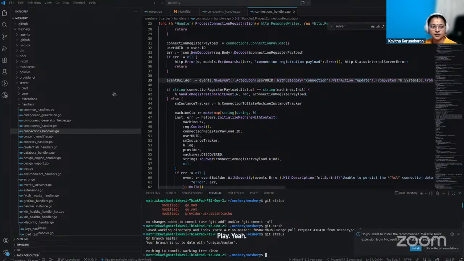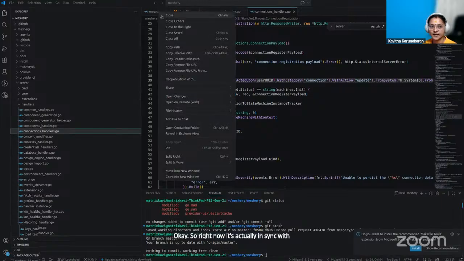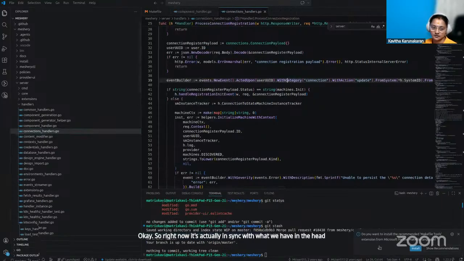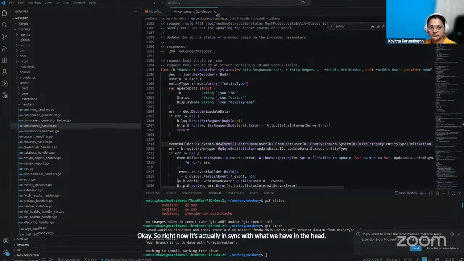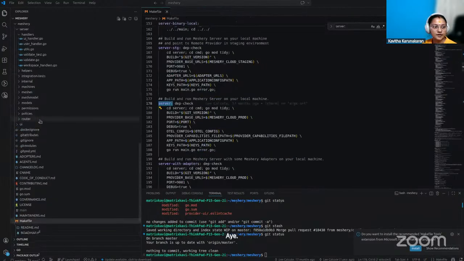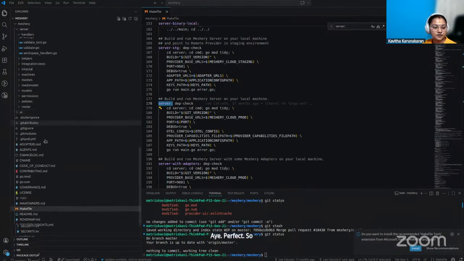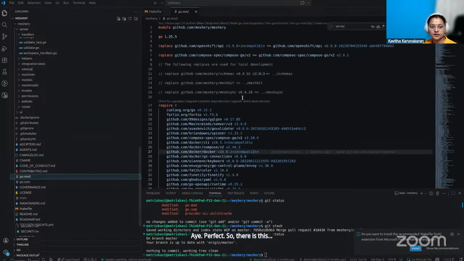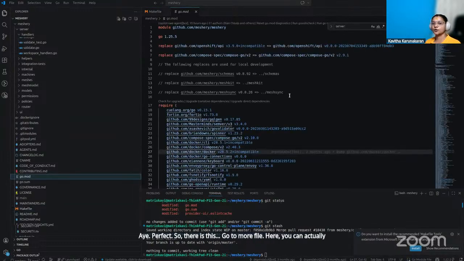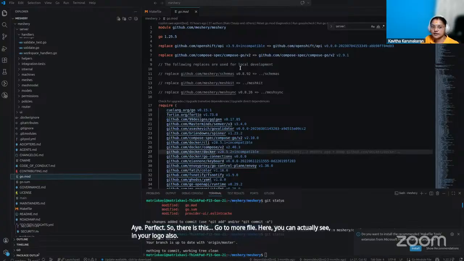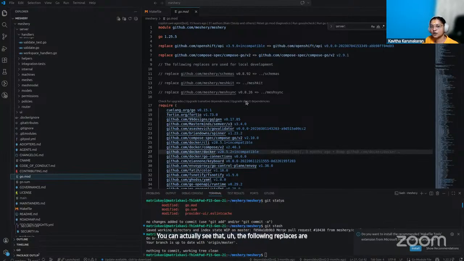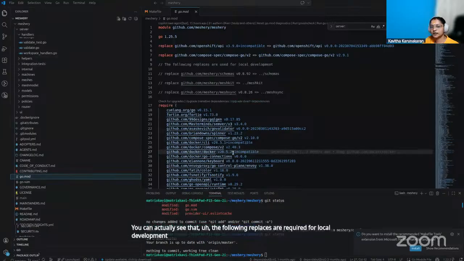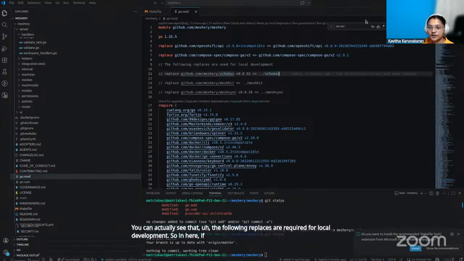Okay. So right now it's in sync with what we have in the head. All right, so there is this go.mod file. Here you can see in your local also that the following replaces are required for local development. So in here, if you go further down,